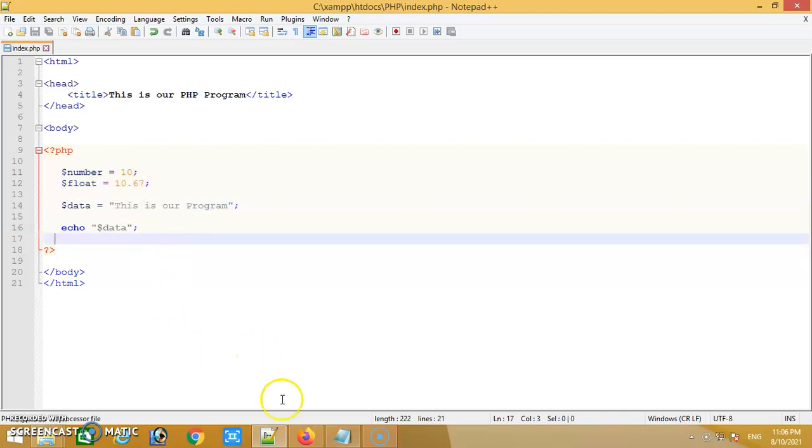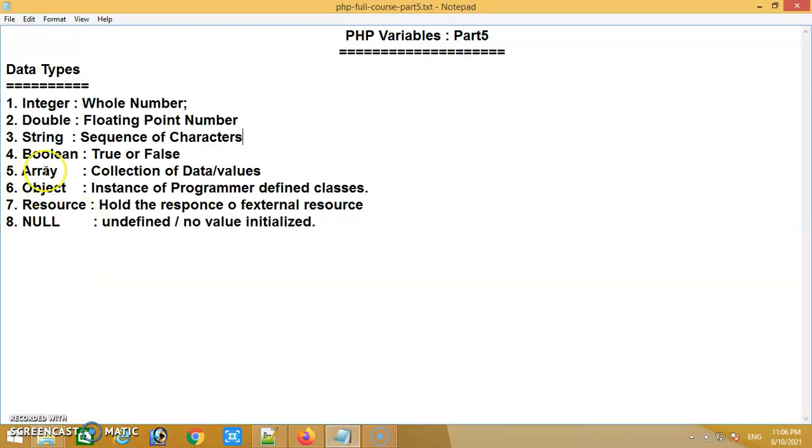In today's session I'll discuss boolean variables, array, object, resource and null. Boolean is true or false. If any condition is true, we have to print or display something, and if any condition is false, we have to print or display some other statement or message.